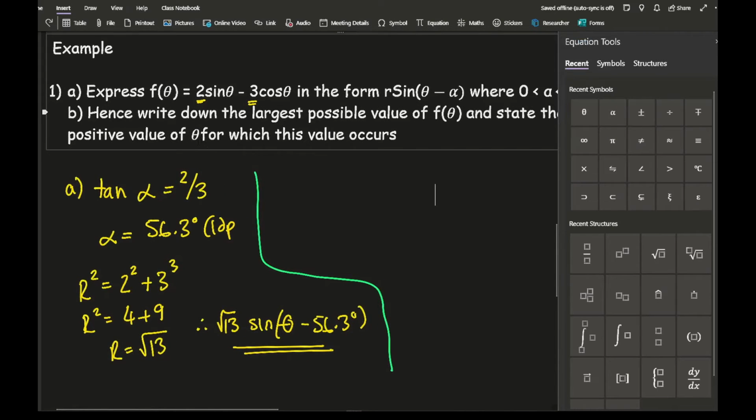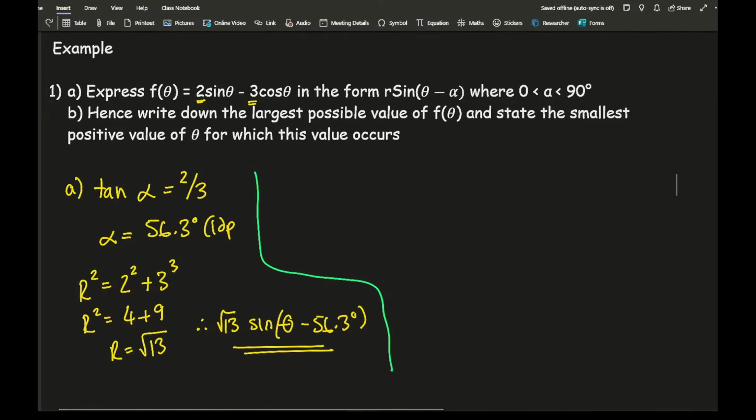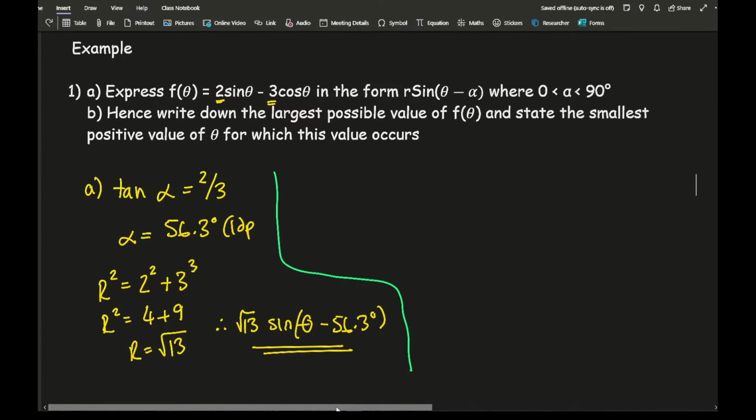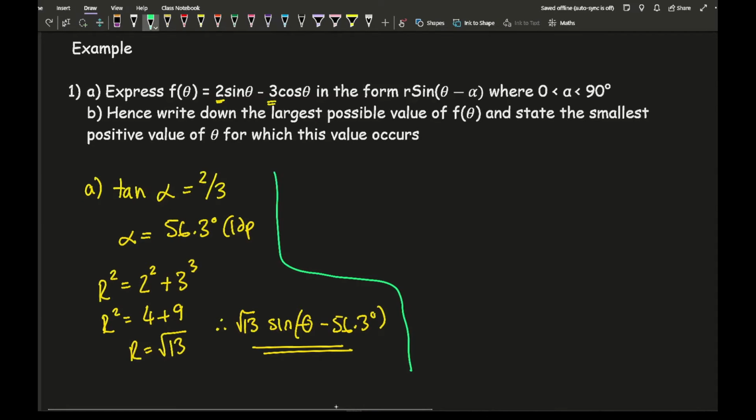And so we can make this question look correct. Let's move that up a little bit. There we go. So, in terms of this, then for part B, let's go through the processes of working this out. Well, for this, in terms of the maximum value, the maximum value